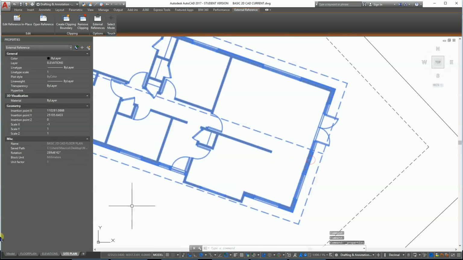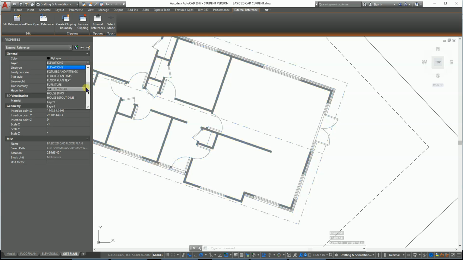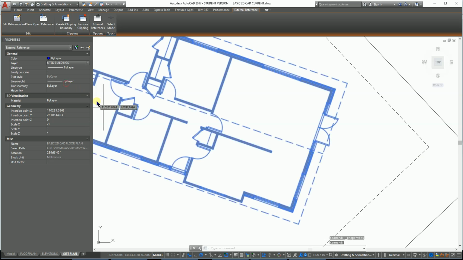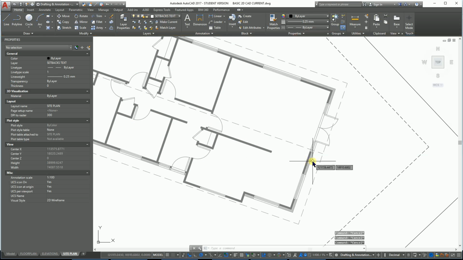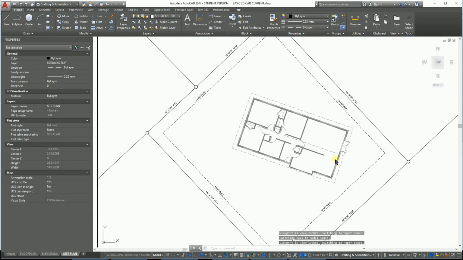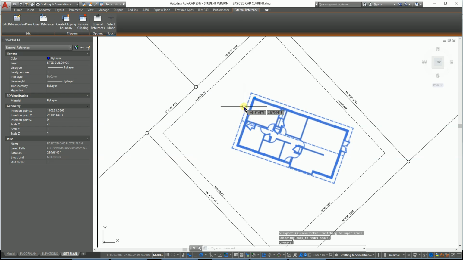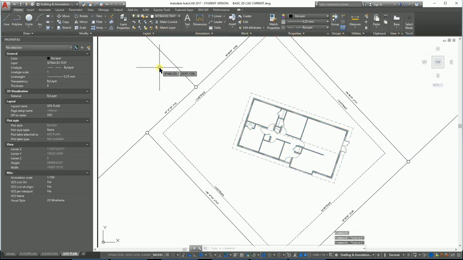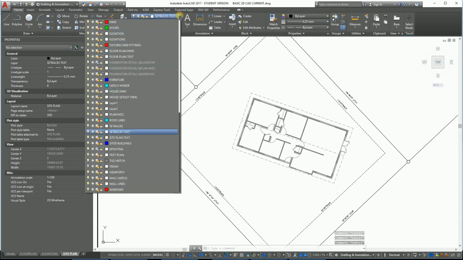Like so, get my properties up and running, and I want to change that to the sited buildings layer. There we go, sited buildings layer there. So that seems to be okay there, and then I want to create my, so that's where that xref is going in for the sited buildings, and then I want to start doing my dimensions for my set out dimensions, and so I'm going to make that